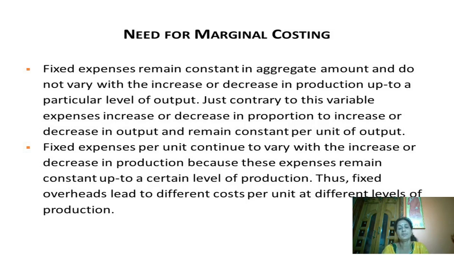Whereas variable cost, for every additional output, that is when there is increase in production, the marginal cost also will increase. That's why it's called additional cost. Marginal cost is nothing but additional cost. So when there is increase in production, cost also will increase. Why is this cost increased? Till now we discussed that fixed cost remains the same at any percentage of capacity. This cost is increased because of the variable cost.